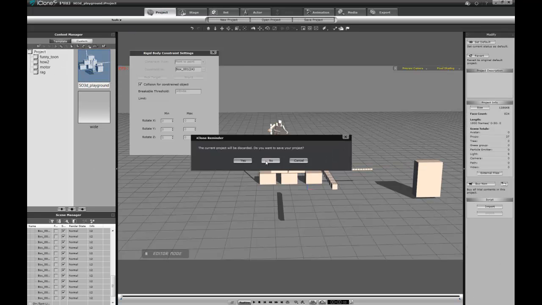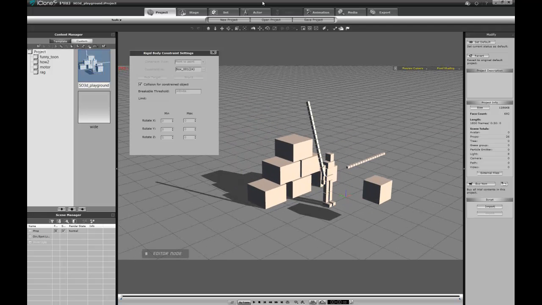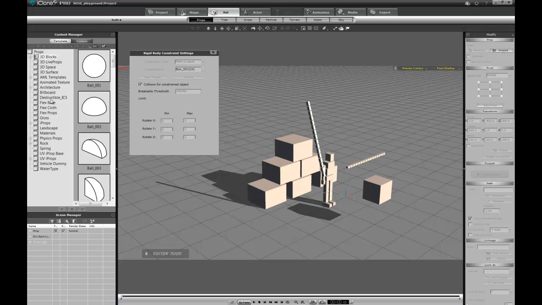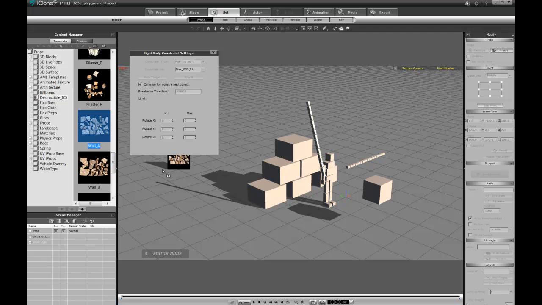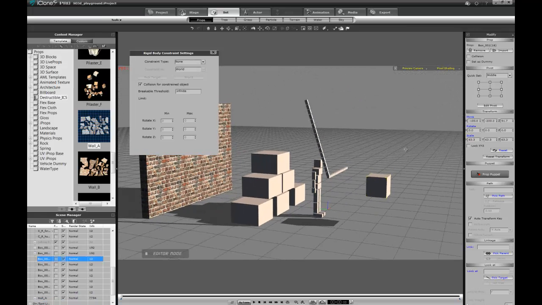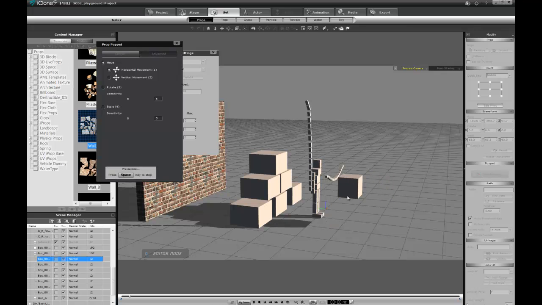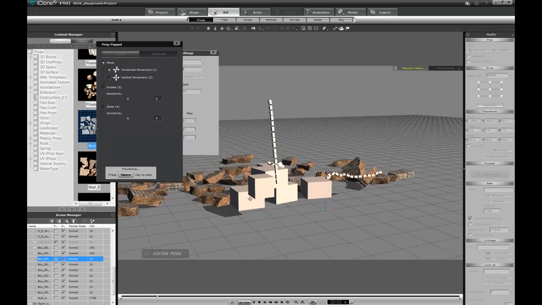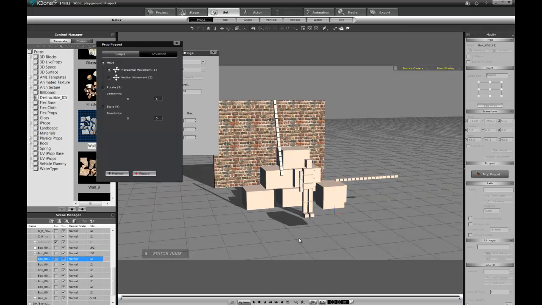Another cool thing you can do here is I'm gonna go ahead and just reload my playground here. Another cool thing you can do here is if you have the bonus content, you can use even the destructible walls or floors or whatever you want to use. And I'm just gonna grab any of these guys over here. So now I can just select this guy like so, go to my little puppet mode and hit him, and boom. Like I said, the possibilities are infinite, and there's so much that you can do and